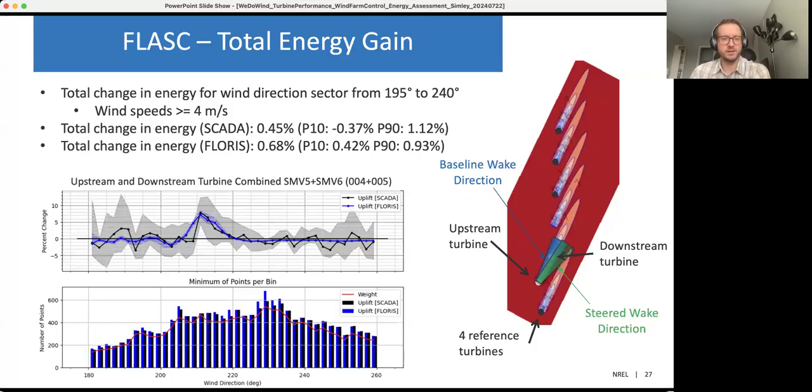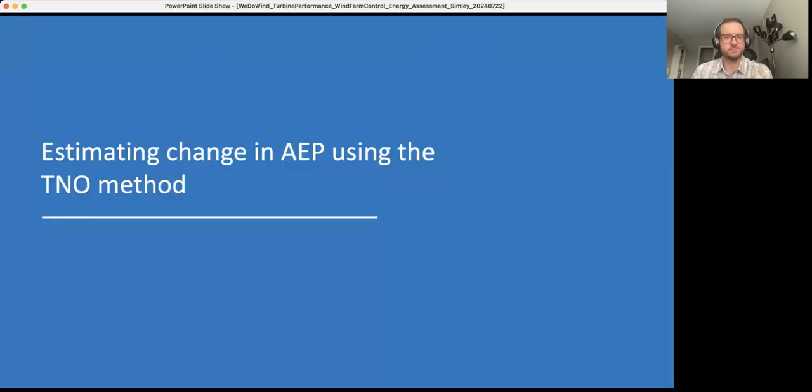So just showing that our wake model is over predicting what the energy gain will be. Of course, there's uncertainties in the field data, and so we would not expect to achieve that full potential predicted by the wake models. All right, so getting close to the end of the talk here,